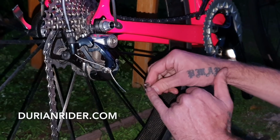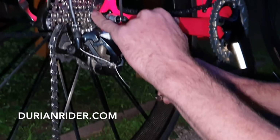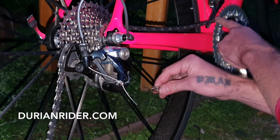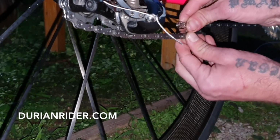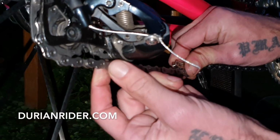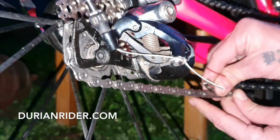I've put my little speed link on there. I find it's easy to put on first to measure the length. We put it in the small cog, 11 tooth, and we've got the 30 here. So small back, small front, in the rail on the easiest part, and then we're going to basically just pull, make sure it's level with the ground, and pull. See that there's a gap there we're looking for, see that gap? That way if you're in the small, which you shouldn't be anyway, it won't rub on that pulley, and then that's how you lengthen your chain. And that's about,